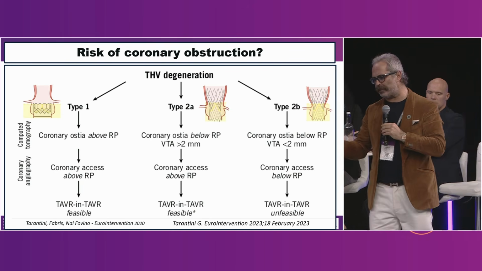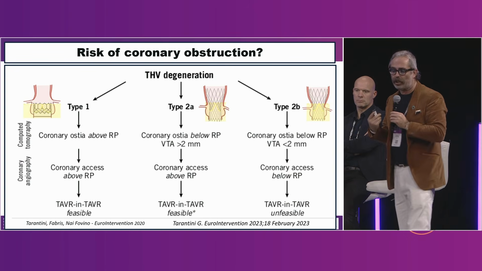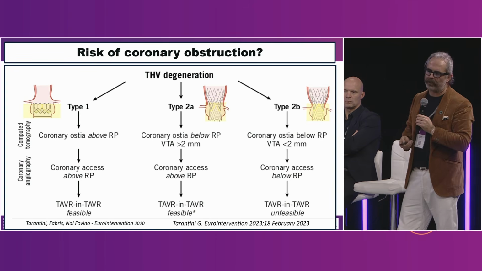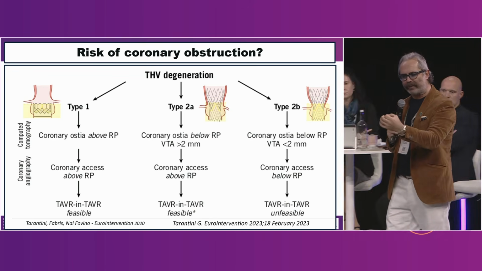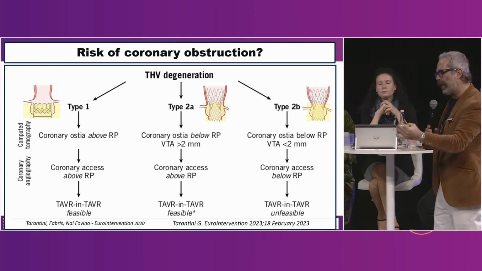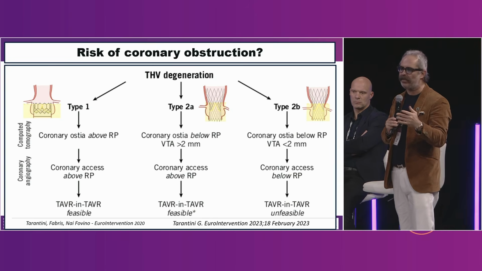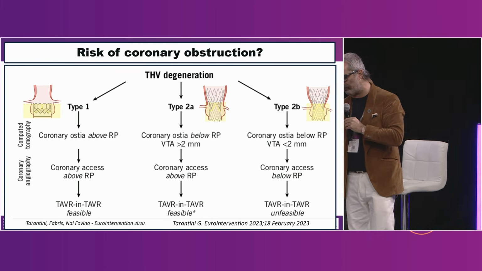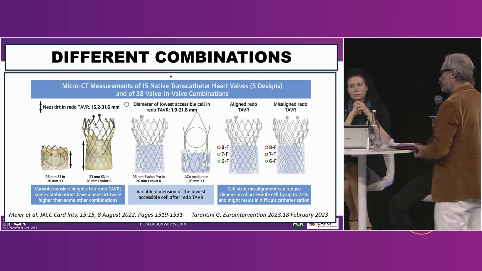The last point is that when the TAV-in-TAV is not feasible, because there is a concrete, unacceptable risk of coronary occlusion, when you have a very narrow ascending aorta and you see clearly by angiography, by CT scan, that you don't have extra room, and when you go with the second valve, you create the sinus sequestration. Then we have different combinations to consider.